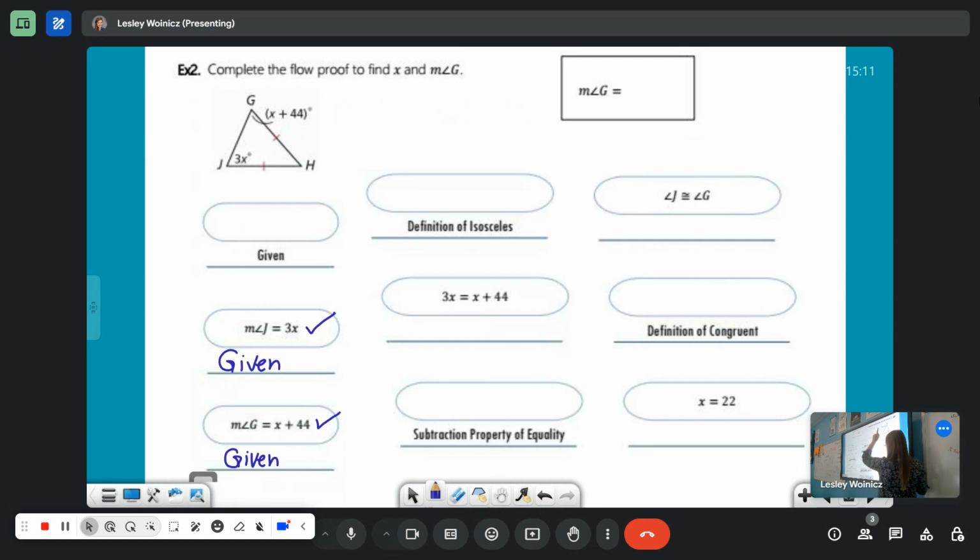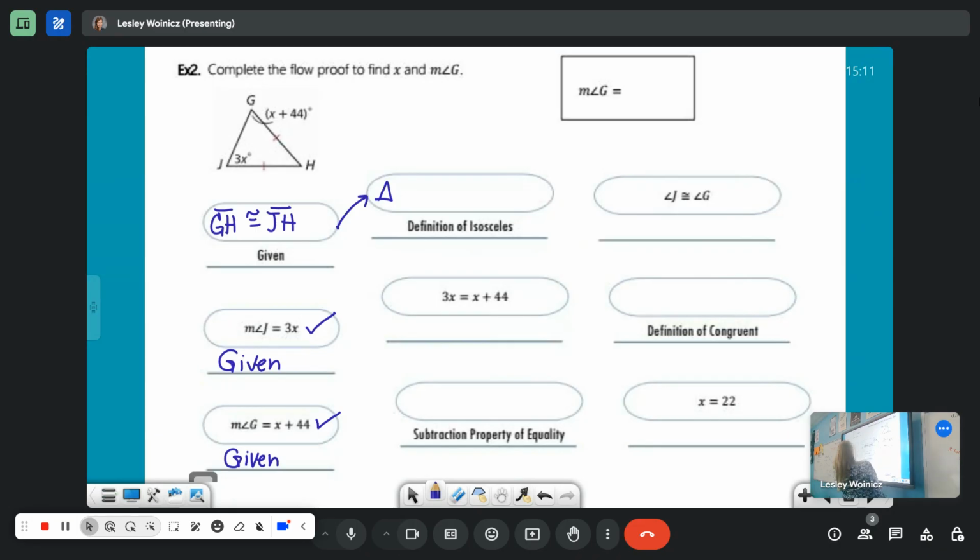GH is congruent to JH. What does that information tell me about my triangle type? It's isosceles. So this bubble sends me to this bubble, and it tells me that triangle